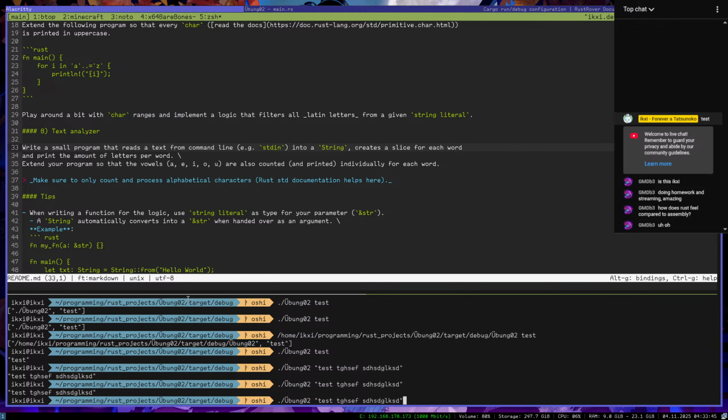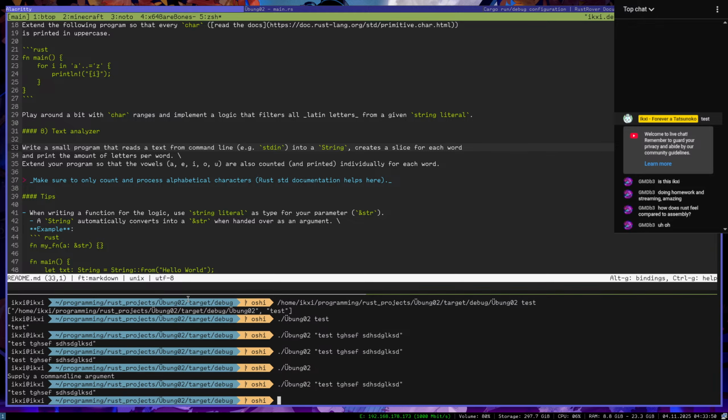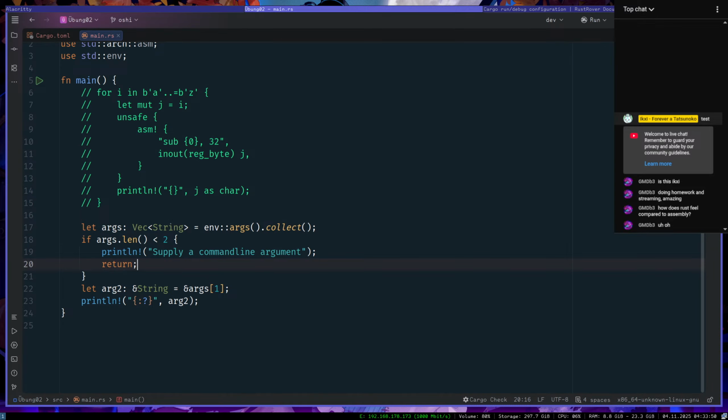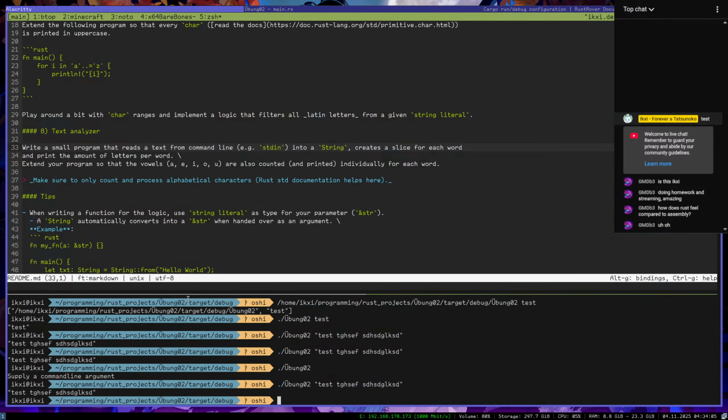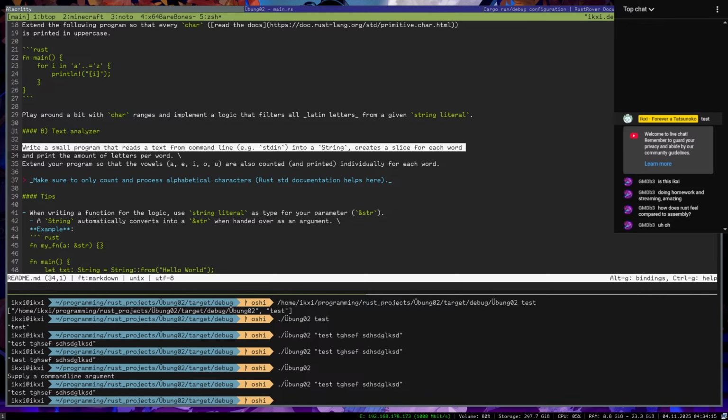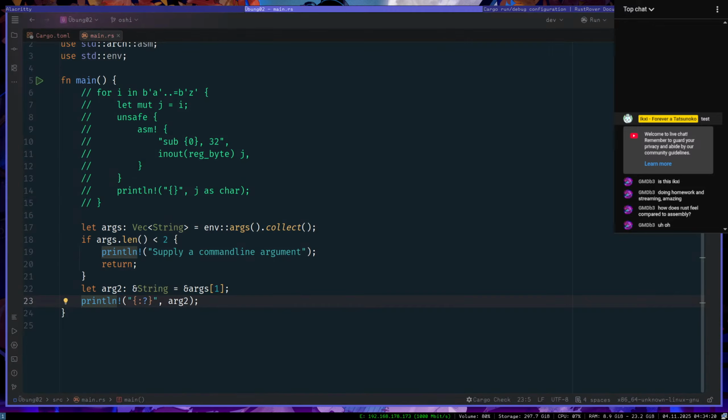So if I do this with node, that works, and if I just do this, yeah, supply command line argument. Okay, very nice. Then I get the argument and can print it. So next I want to create a slice for each word, which means